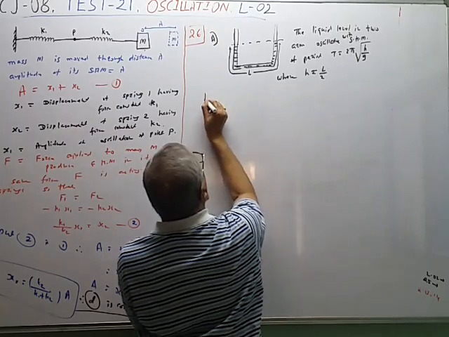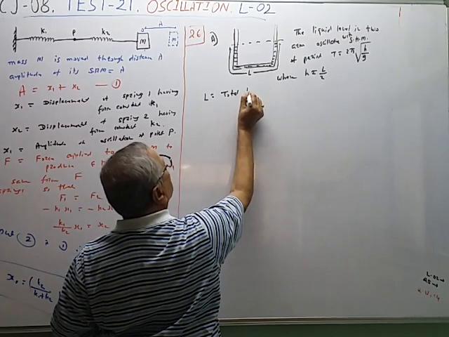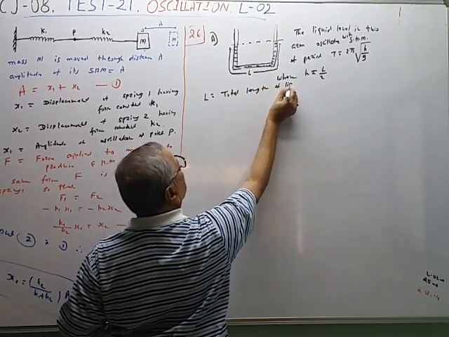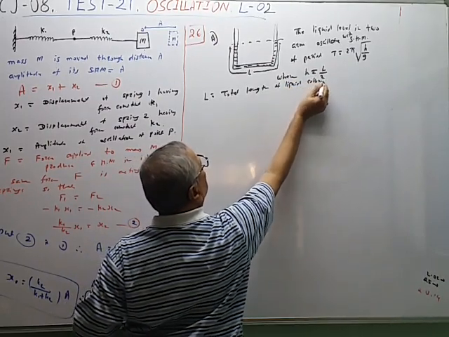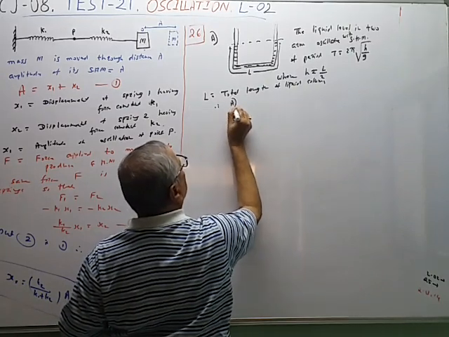L is equal to total length of the liquid column. Therefore, A is